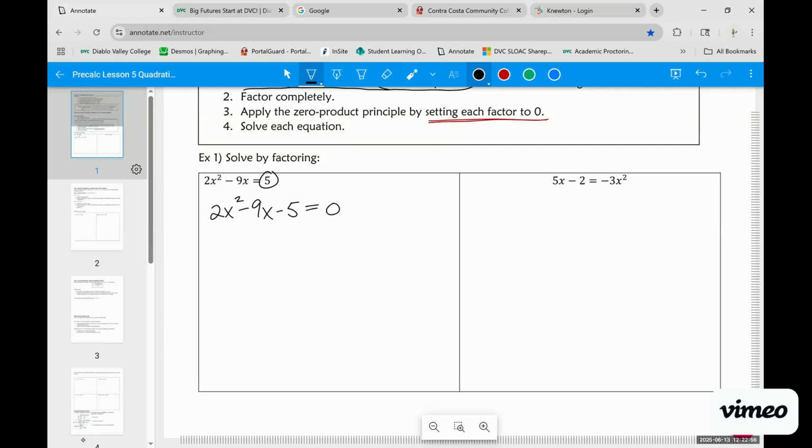And now I do have everything on one side and 0 on the other. Now we're going to need to factor this. This is generally an AC method problem if you were doing your AC method. So I'm going to